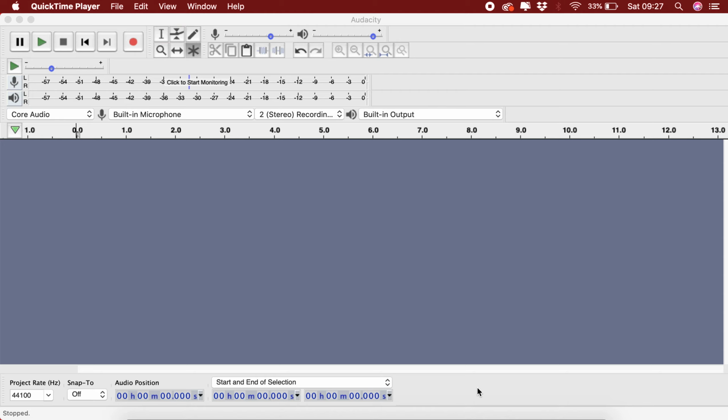This is just a quick overview of your tools and layout in Audacity and what they briefly do. On the top left-hand corner, we have these main tools, which are self-explanatory: pause, play, stop, play from start, move to the end, and record. These are your go-to